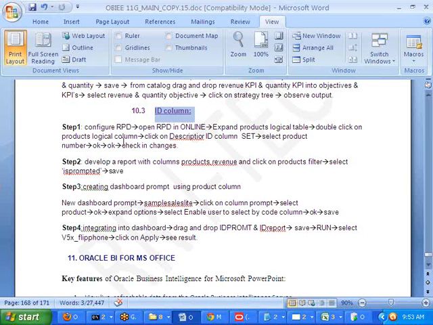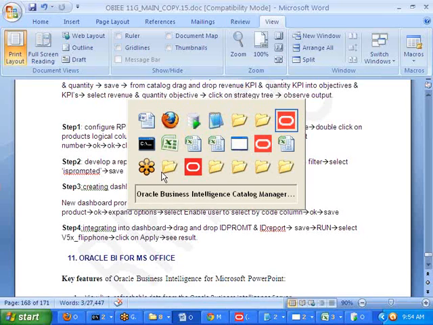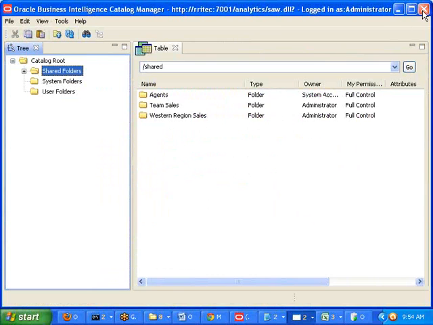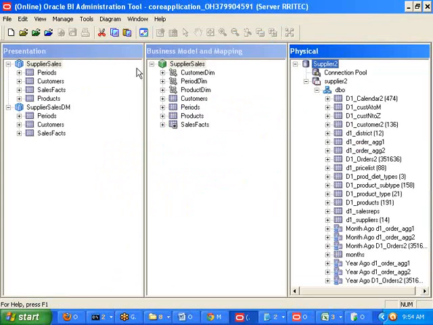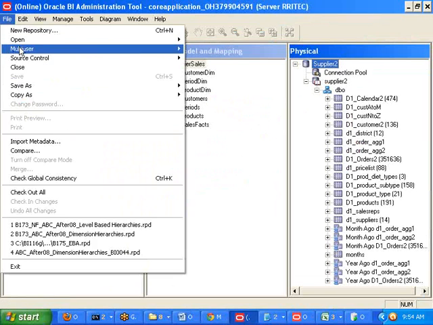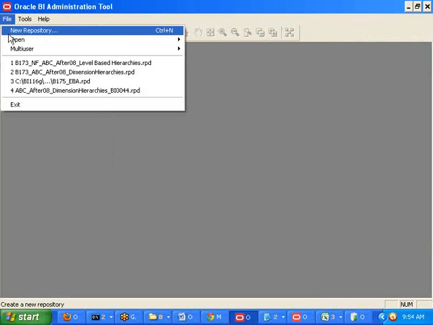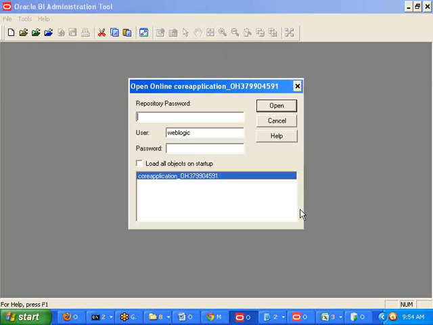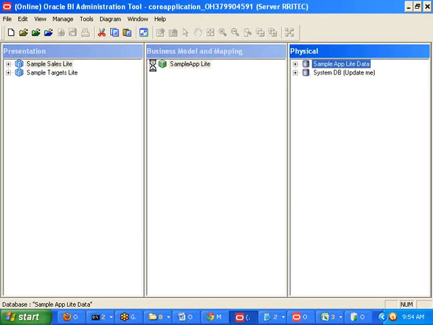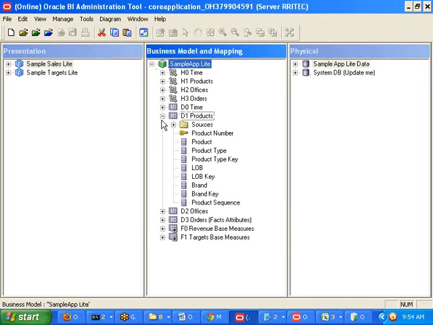That is the reason I directly developed the reports. First step is to configure the RPD. Let us open the RPD in online mode. Go to the file menu, open, then online, admin 123, then RR capital, rritec small, 123. If you go and see the sample applied, there, if you go for the products,